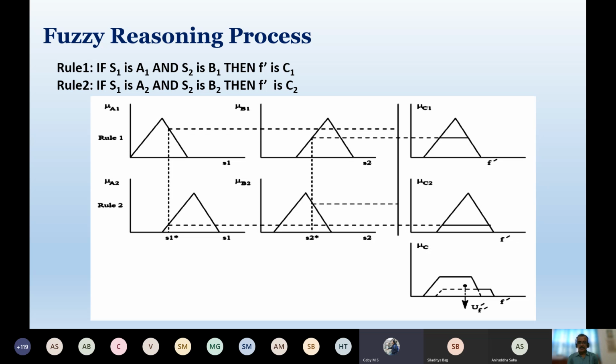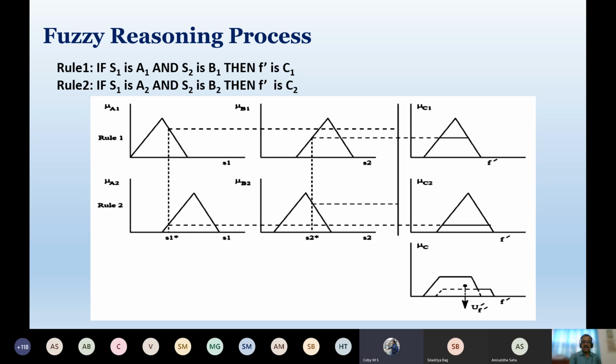Okay, tell me. Here we are considering two rules, and we have got new A1, new B1, new A2, and new B2. With the first rule we got new C1, and with the second rule we got new C2. So why are we considering a line parallel to the y-axis? As we can see in the figure, you have drawn a line parallel to the y-axis. See, I want to find out, corresponding to this value of mu, what does it cut on the output side?